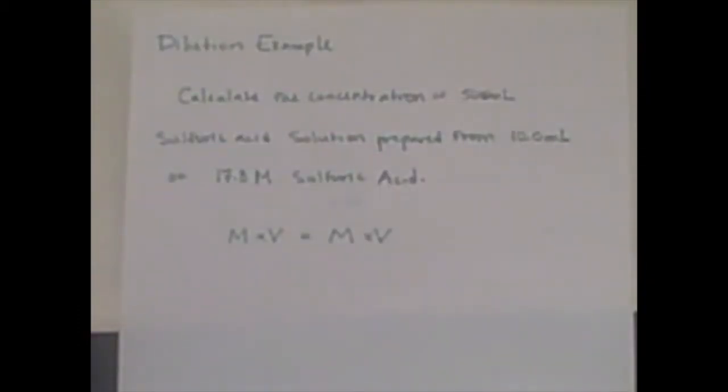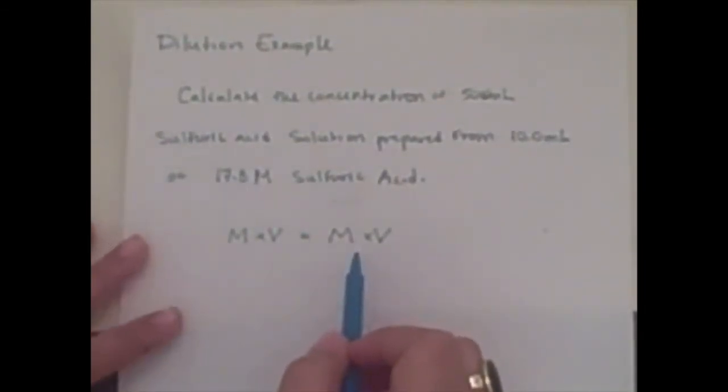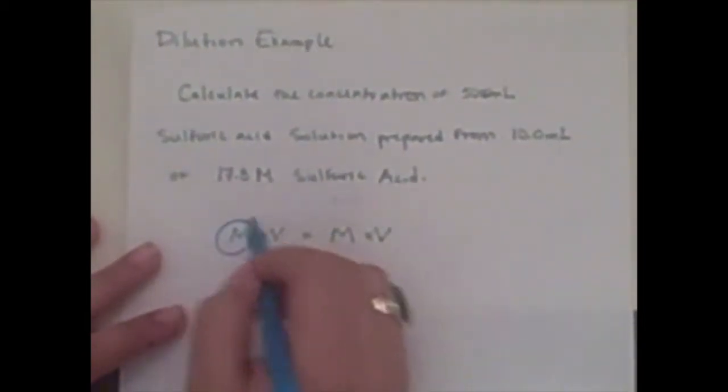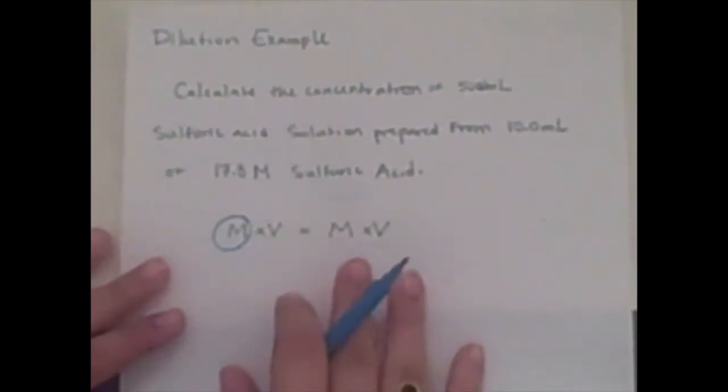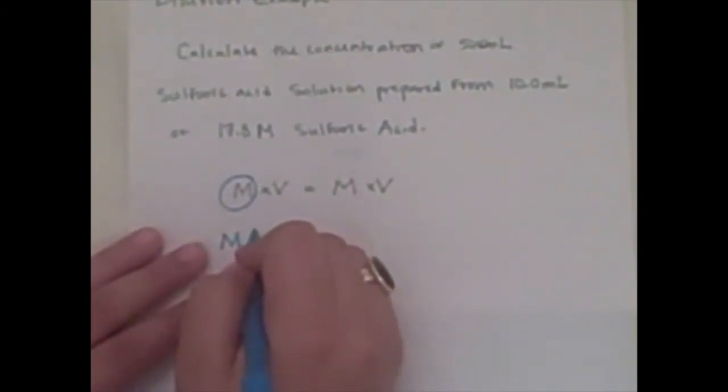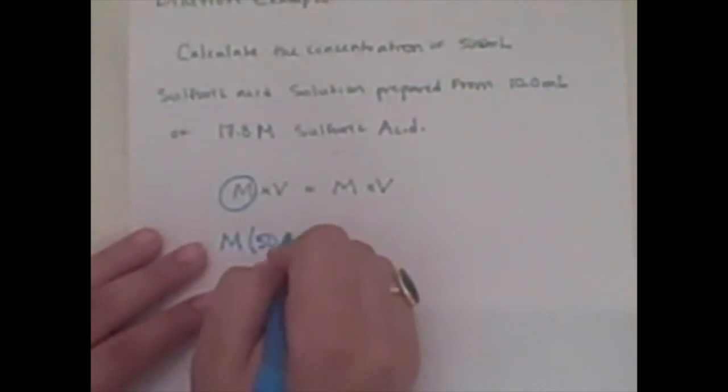I wanted to quickly go over a dilution example problem. For this one, it asks us to calculate the concentration of a 500 milliliter sulfuric acid solution prepared from 10 milliliters of 17.8 molarity sulfuric acid. We're going to start by using this equation to find the concentration of the sulfuric acid. We know we're solving for the concentration,